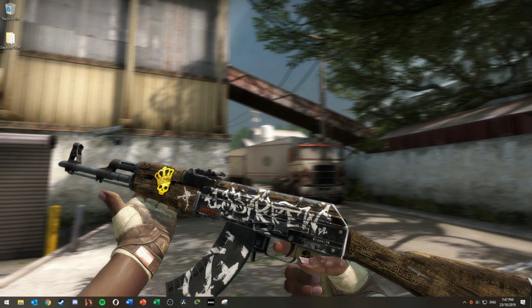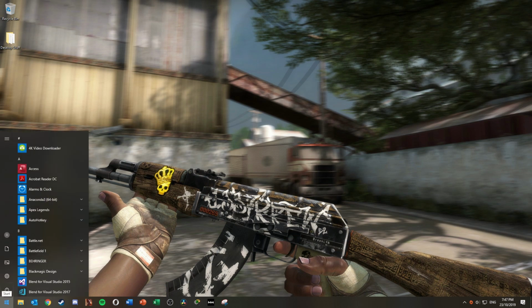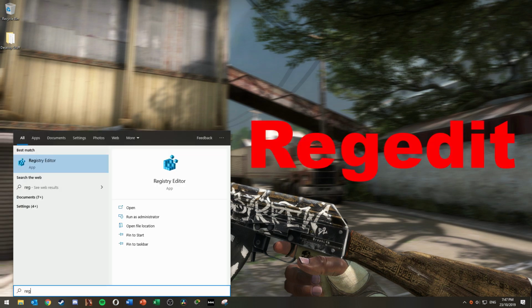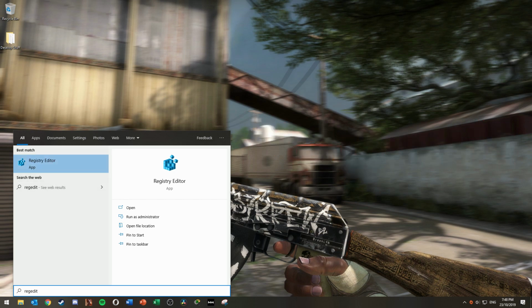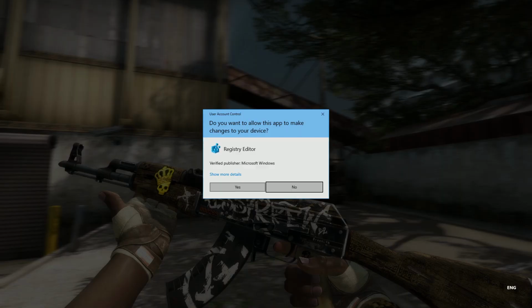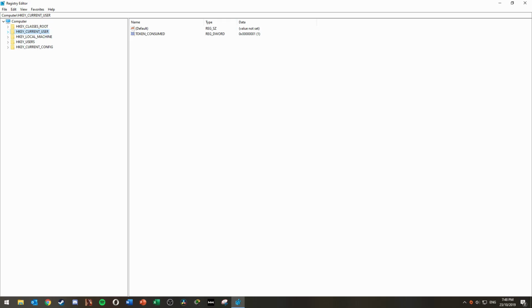Firstly, click on the Start menu here. Then type regedit, that's regedit, and that will bring up the registry editor. Click on that. Click yes. Then expand HKEY_CURRENT_USER,